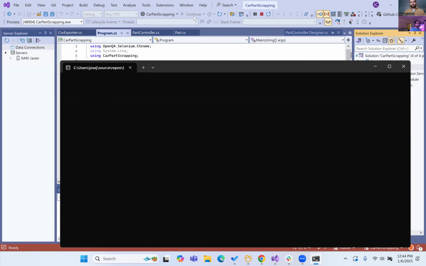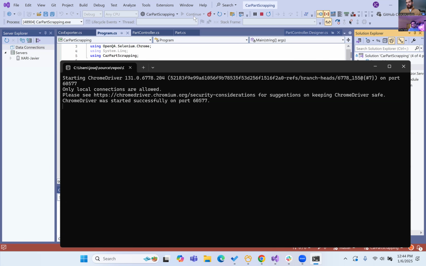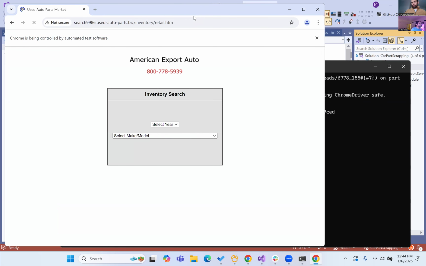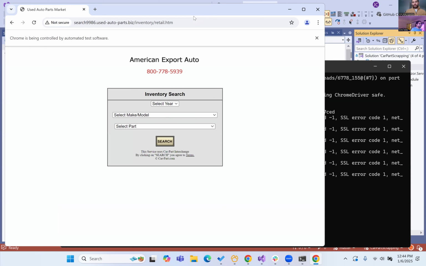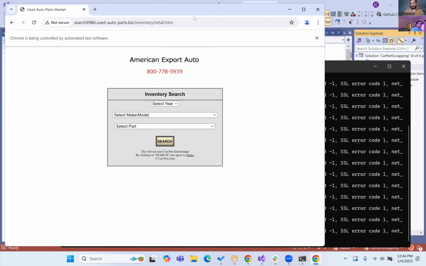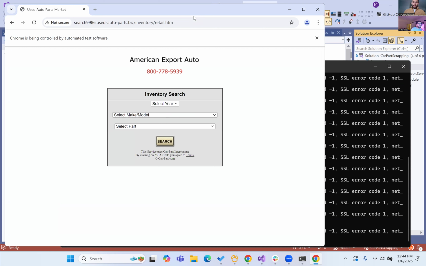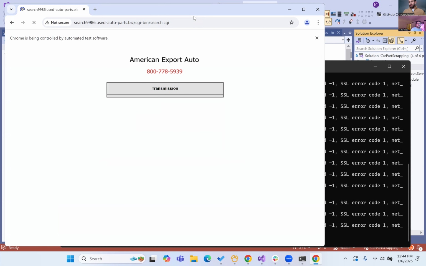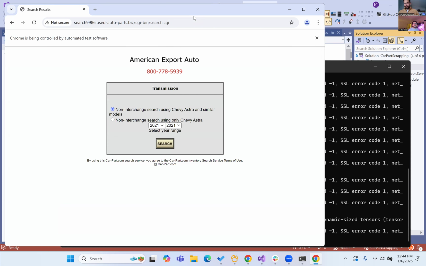This is a console app that is using Selenium to open a Chrome browser and do some data gathering. If you see right here, we're selecting year, make, and model, and then we're going to be selecting what part for that year, make, and model. In this case, it will be Chevy, and we will select if it's an engine, a transmission, and let's give it a second. If you see, it starts selecting them automatically and starts looking for listings on that